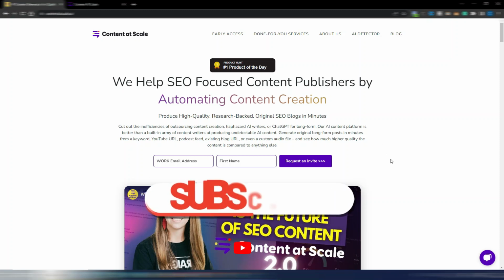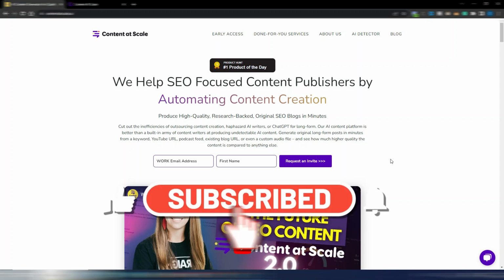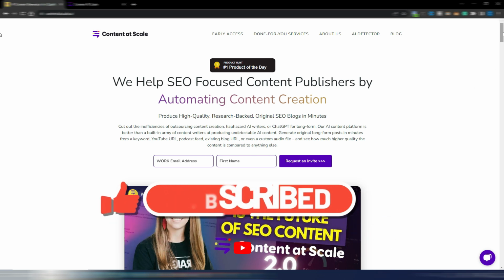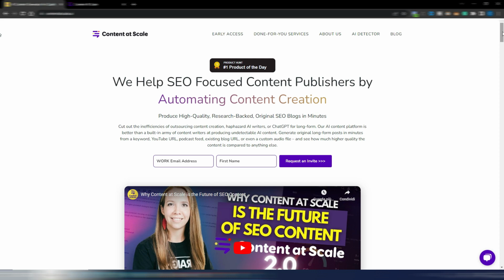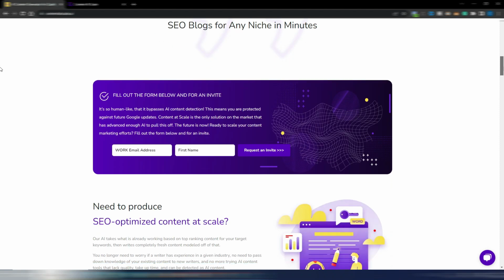In this video I will review Content at Scale version 2. Content at Scale is probably one of the most expensive AI writing tools, but they promise so many things. For example,